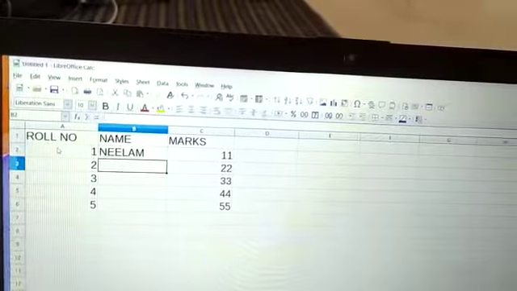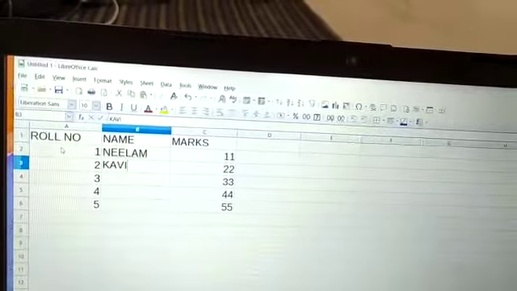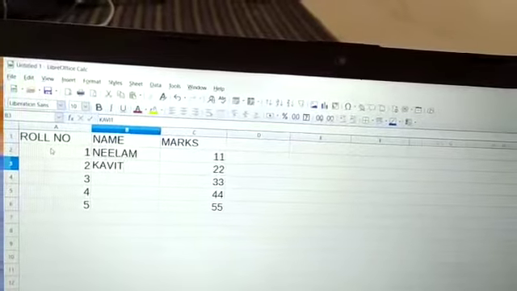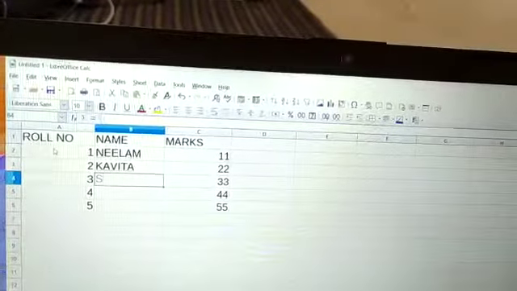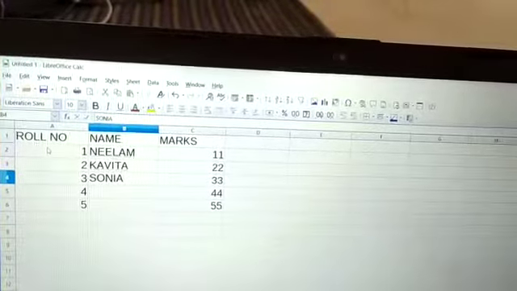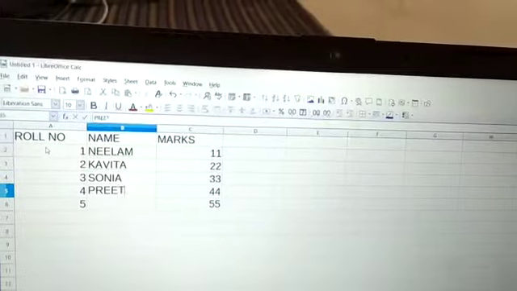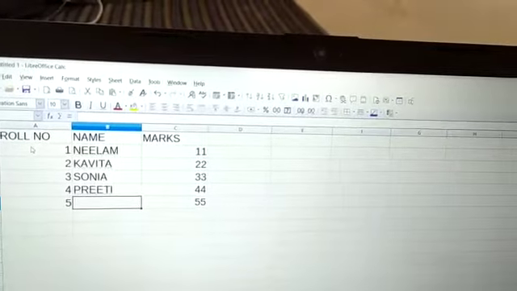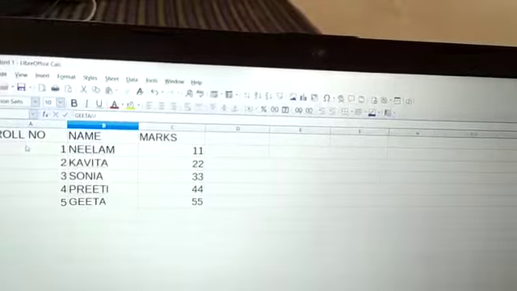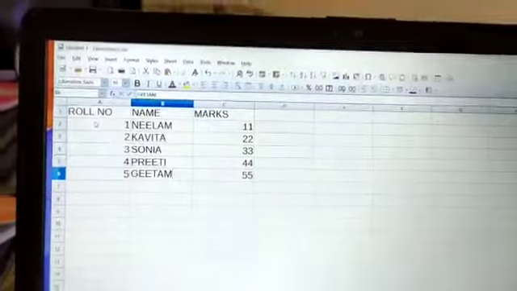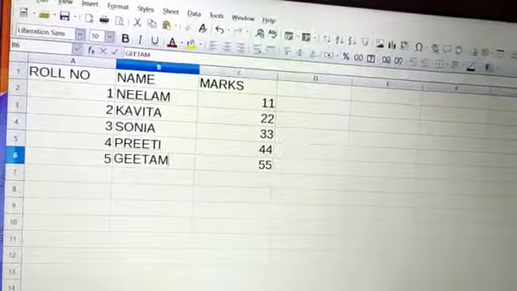I make this table, and now I want to share this table with another person. Then how can we do it?